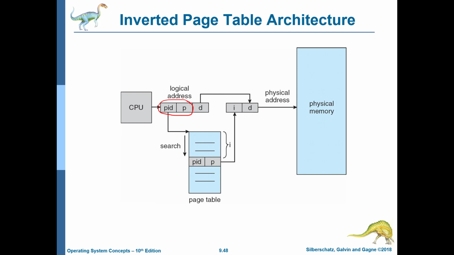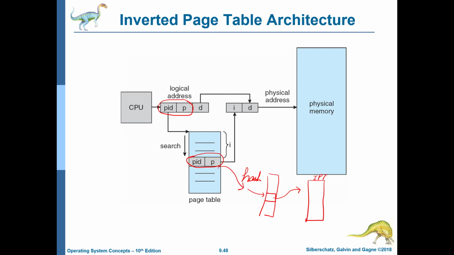Alright. So the key idea is that this search can be implemented in various ways. One way is that we have just one entry for each frame in memory, and then we use the PID, P pair, we hash it, then we have another intermediate table where, let's say, it has one entry for the hash, which provides a pointer to the IPT, or the inverted page table.